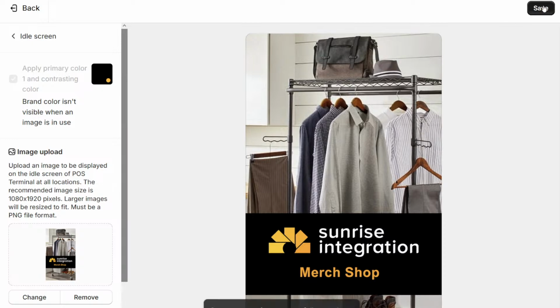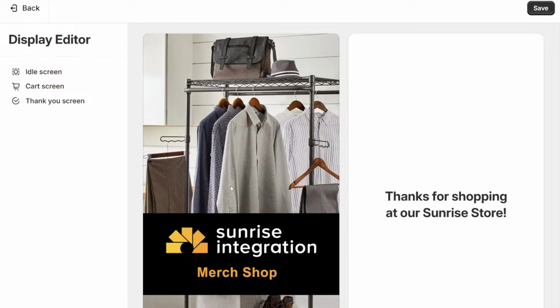And if I hit save, it's now going to apply that right to the terminal. So now when people are walking around the store, or they're coming up to your counters, instead of just seeing a boring, black screen with just some text on it, they're now going to see a much more interesting looking display screen that's got your logo, your branding, and everything on it. So now that I hit save on this screen, I'm going to go back to the live